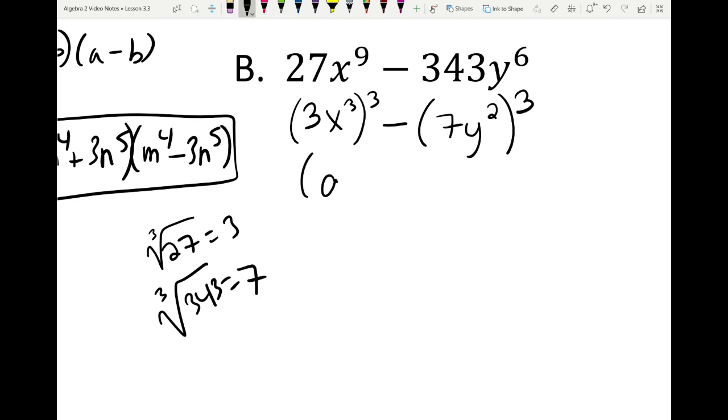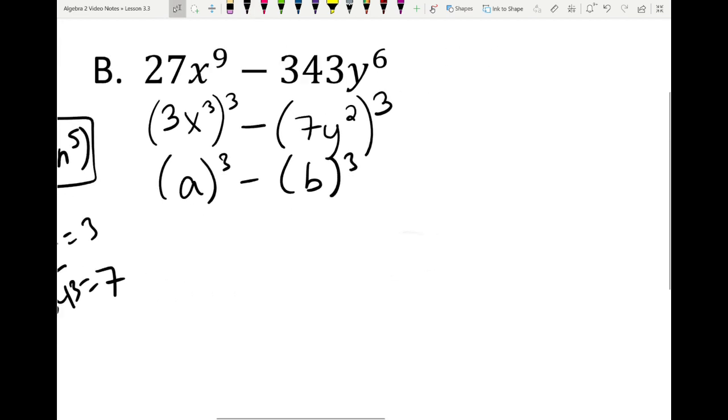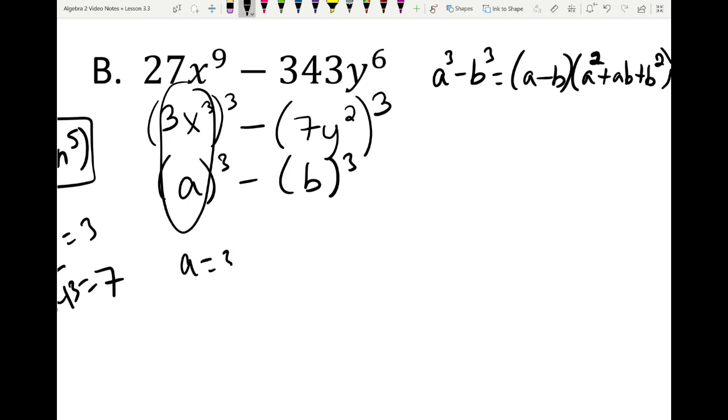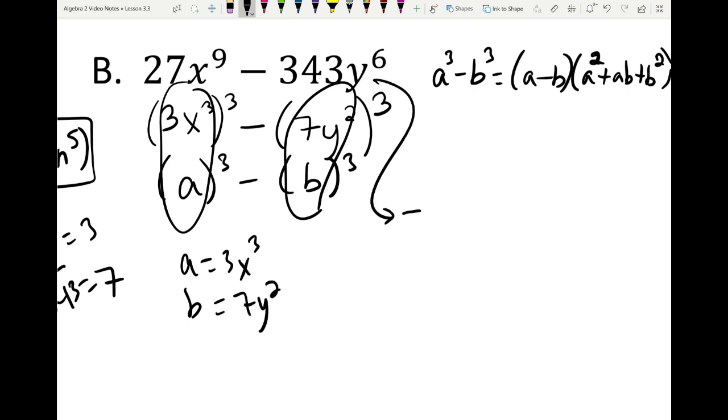So this is in the form a cubed minus b cubed, which is a difference of cubes. So we can write the difference of cubes formula. And we have a minus b, a squared plus ab plus b squared. Okay, so what is a and b? Well, a is 3x cubed, and b is 7y squared. So if we use our formula, a minus b,